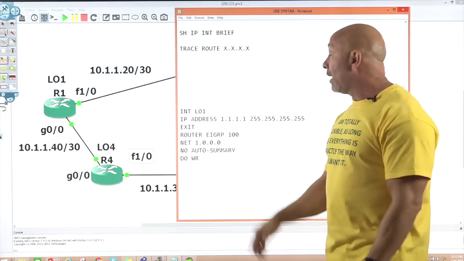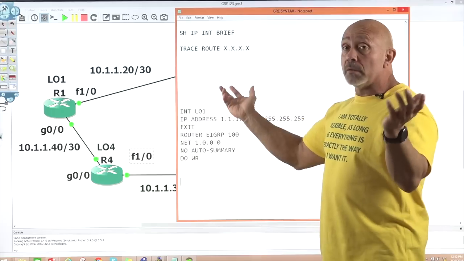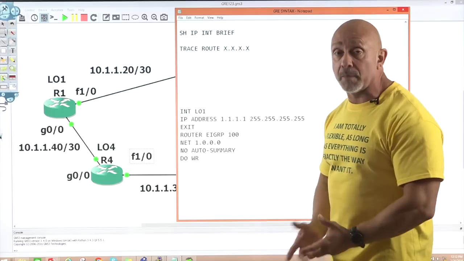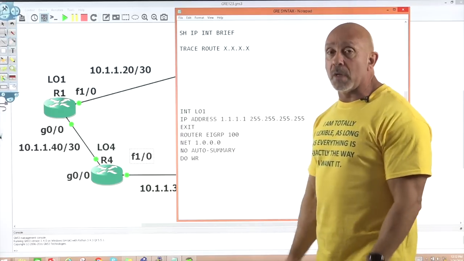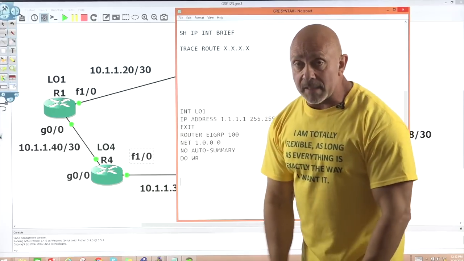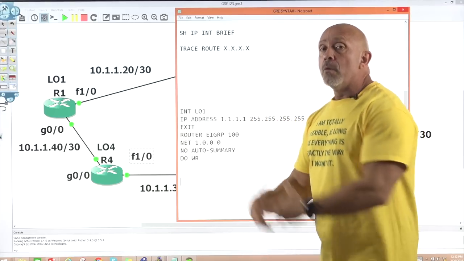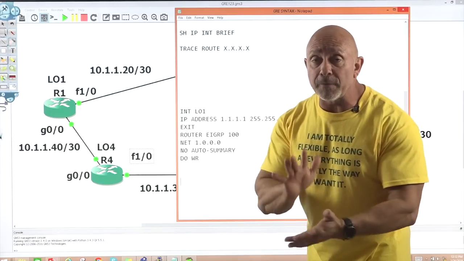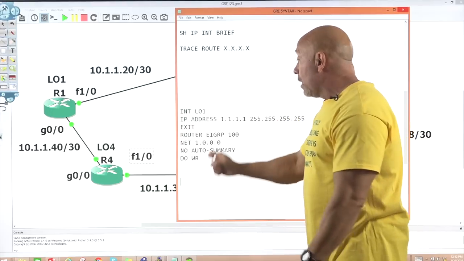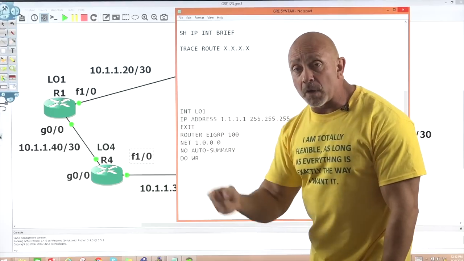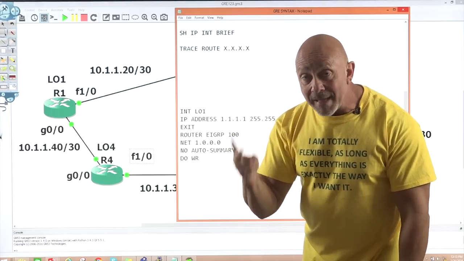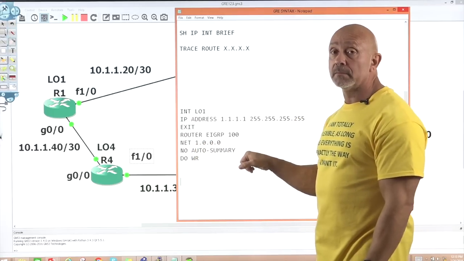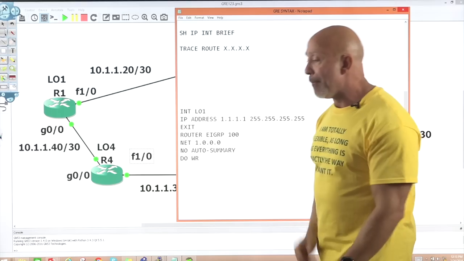If you do, then it will summarize the address, and your router will be like, I don't know where to go. You may get there, you may not get there. You never know, depending on how you set up your topology. So always put the no auto-summary. Newer IOSs that are coming out, or are already out, you may not need to put the no auto-summary command. But for right now, especially for those of you taking the CCNA, for any distance vector routing protocol, whether it be RIP or EIGRP, you better put no auto-summary. If not, you're going to be in trouble.